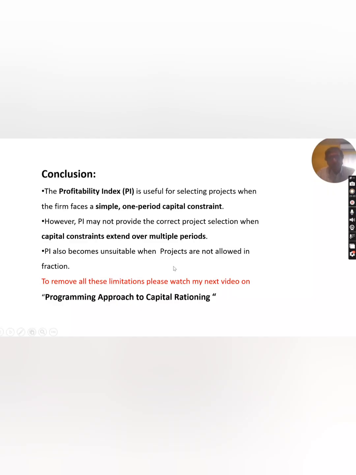To remove all these limitations, how will we tackle these situations? Please see my next video where I have discussed another technique that is called programming approach to capital rationing, where integer programming is used to solve all these situations. How we will select the project